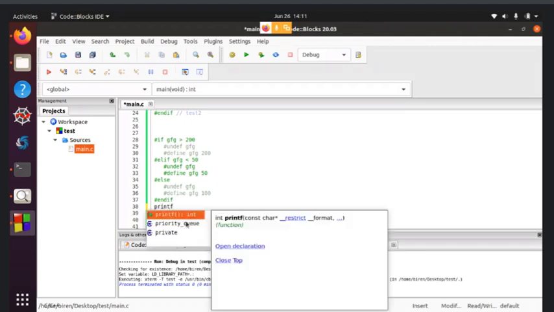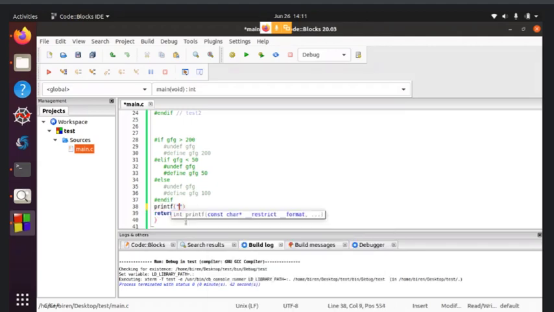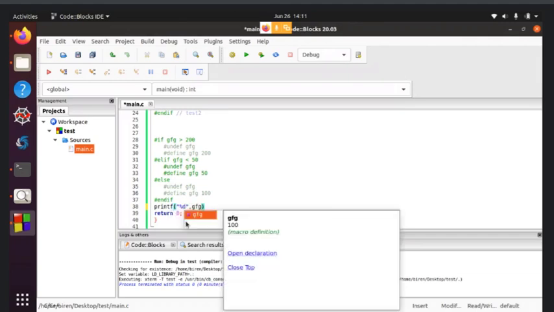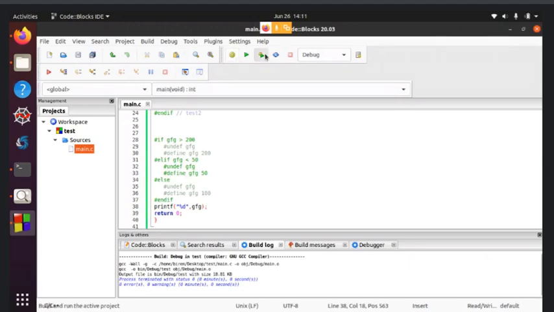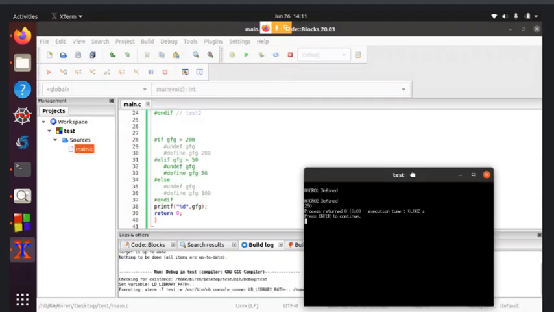Now let's print the value held by this GFG macro. So you can see the value held by the GFG macro is 250.